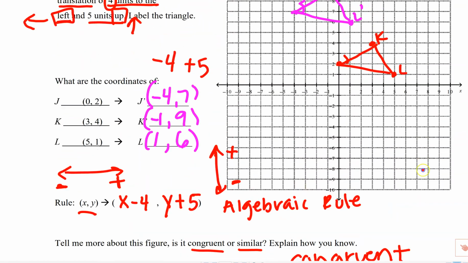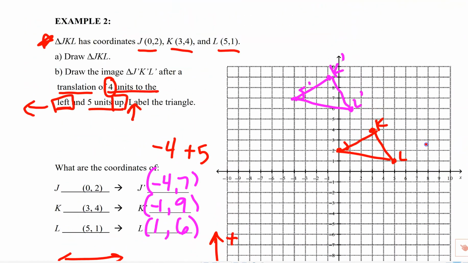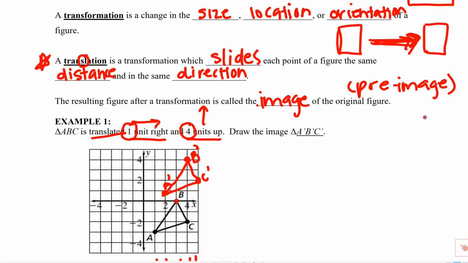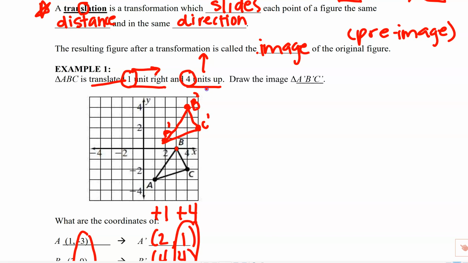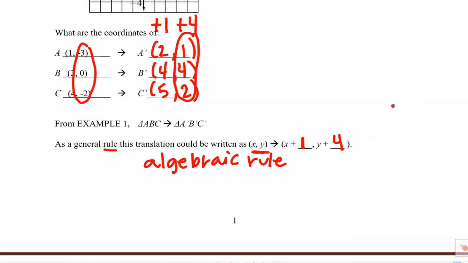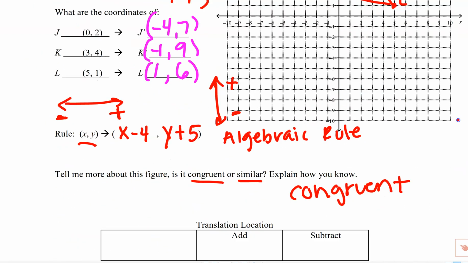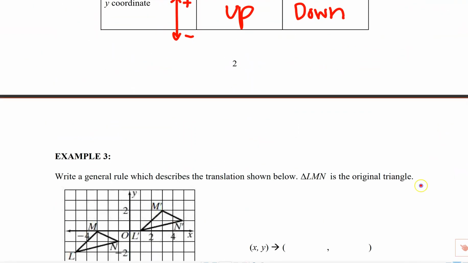Okay, so again, you will have to practice this in order to know how to do this. The main thing is for you to know how to move each of the points. And at the end of the day, you have to know how to read these algebraic rules. All right, so for example 3,